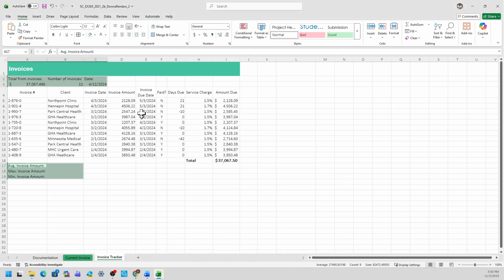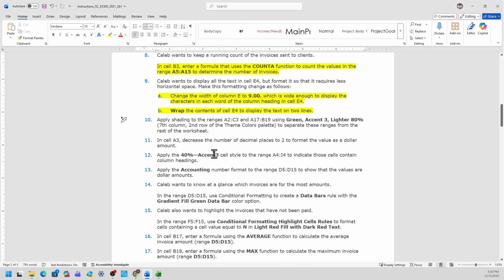Okay, it will give you the right answer. The second way is easier for me because it's less clicks, it's quicker to complete the steps.